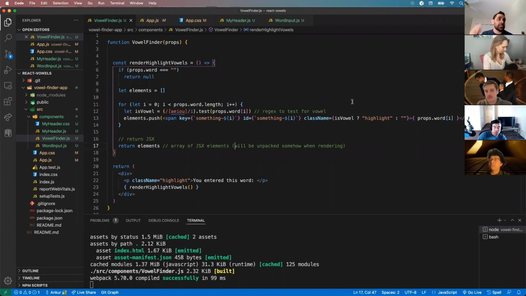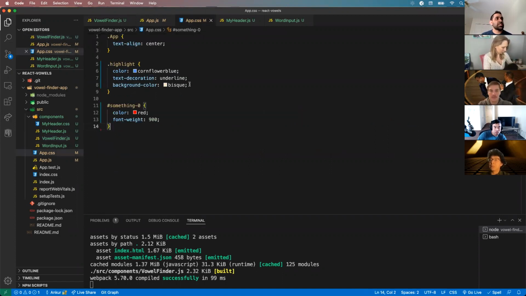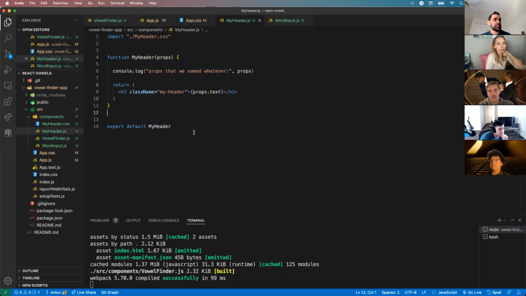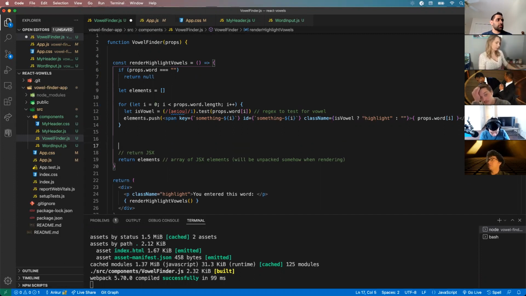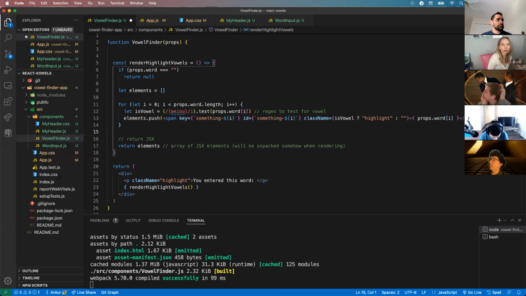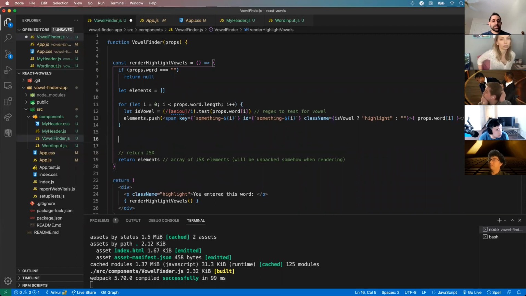One more thing I can mention, just because we're on the topic, you can target particular properties in your JavaScript. So let's say I want to set the background color of something. I can target this property, but the difference here is the name of this is not a valid JavaScript name. So if I were referring to this in JavaScript, I would have to do something like, what's a good example? I don't know how to do this, but anyway, if you want to target something, you'll do the